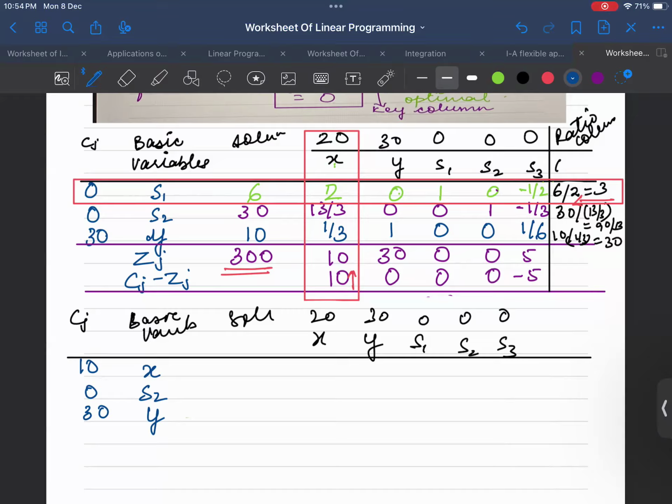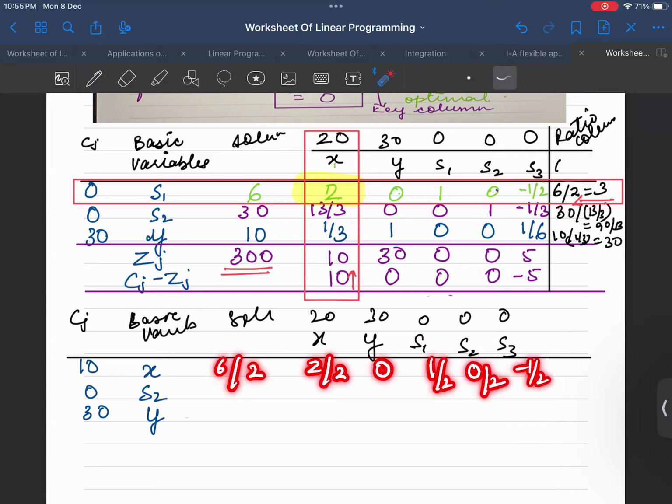आपको कैसे सॉल्व करना है? पहले आपकी जो की रो थी, दिस वाज द की रो. अब की रो के अंदर की नंबर कौन सा था? ये वाला है ना. आपका की नंबर ये है. ठीक है. अब की नंबर से ही आपको सारा डिवाइड करना है. तो आपका क्या आ गया? 6 डिवाइडेड बाय 2. इधर 2 डिवाइडेड बाय 2, 0 डिवाइडेड बाय 2, 1 डिवाइडेड बाय 2, 0 डिवाइडेड बाय 2,